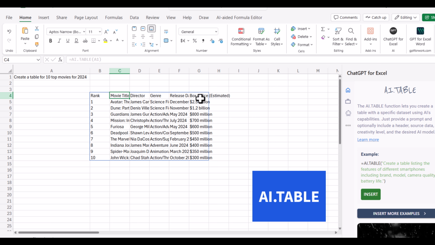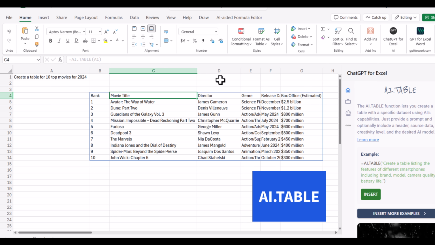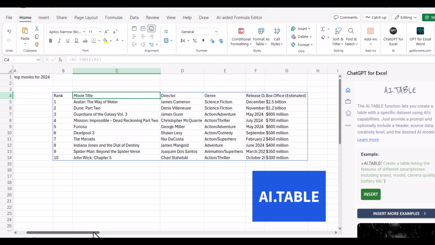As you can see, it created a table. It shows the ranking and movie, director, genre, release date, box office, how much money this movie made. Now we're just going to double click to expand each cell to see what exactly we got for this table. We're going to go to the right, and as you can see, the table is pretty much provided all the